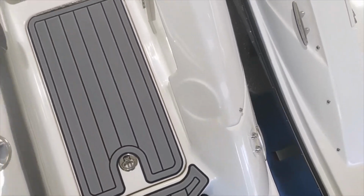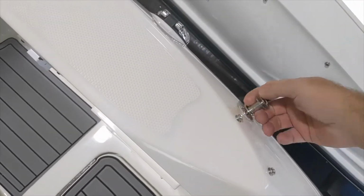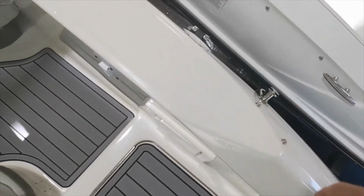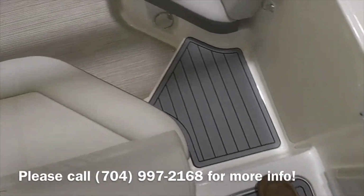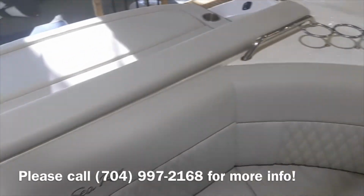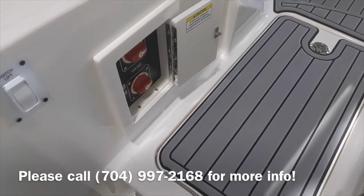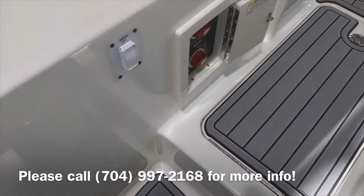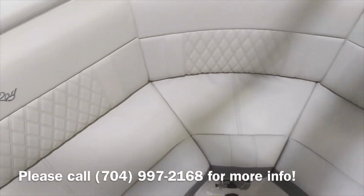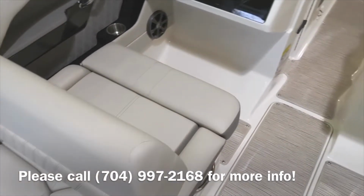solid through bolted cleats, has quick release fender holders, gas cap, back here we have the battery switches, easy access, it's a hatch lift, has nice diamond stitching in the upholstery,